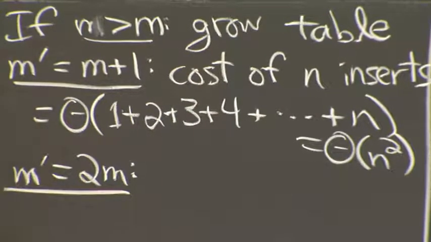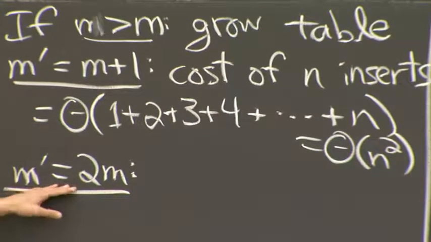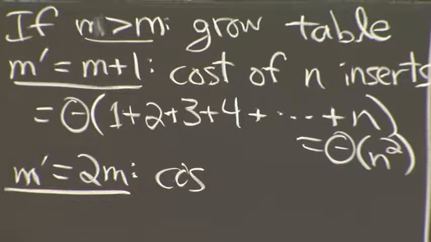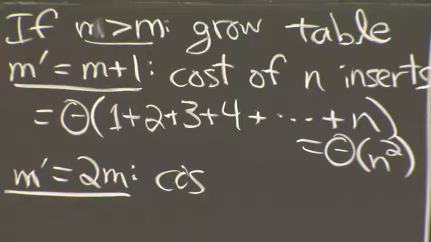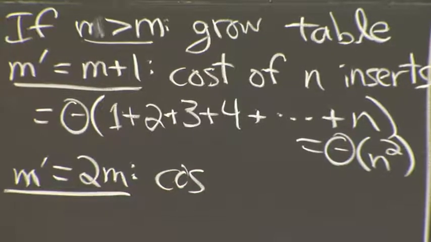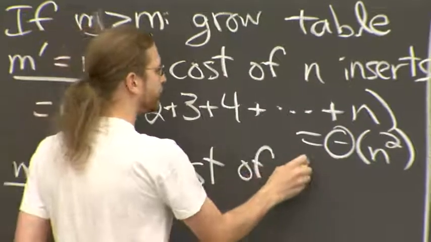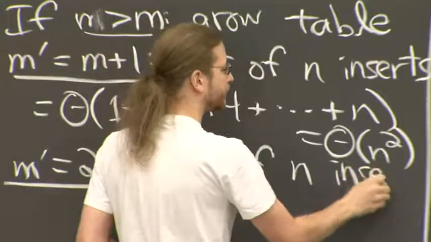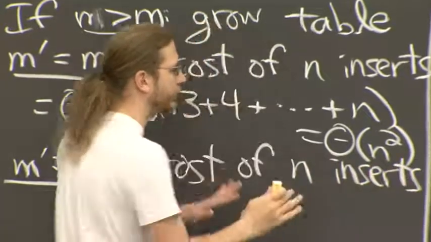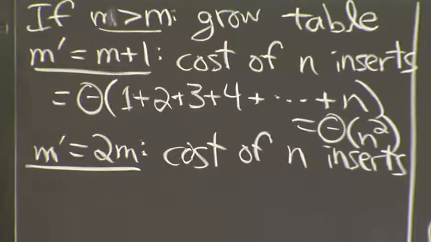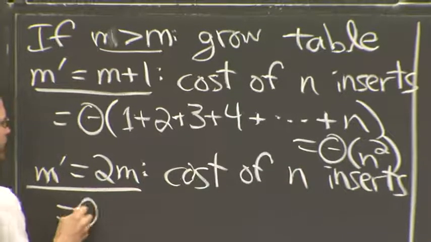Fortunately, if all we do is double m, we're golden. And this is sort of the point of why it's called table. I call it table resizing there in order to not give it away. But this is a technique called table doubling. OK, and let's just think of the cost of n insertions. There's also deletions. But if we just, again, start with an empty table and we repeatedly insert, then the cost we get,